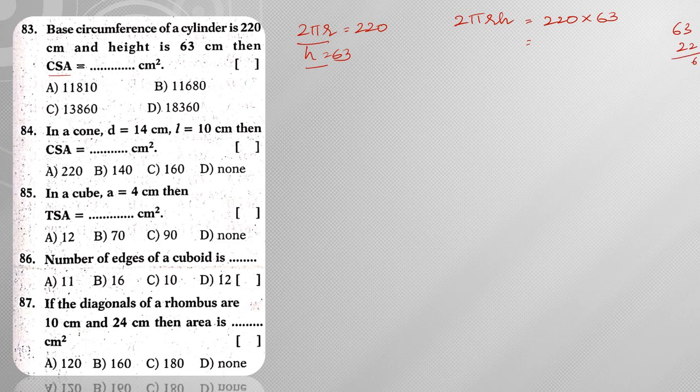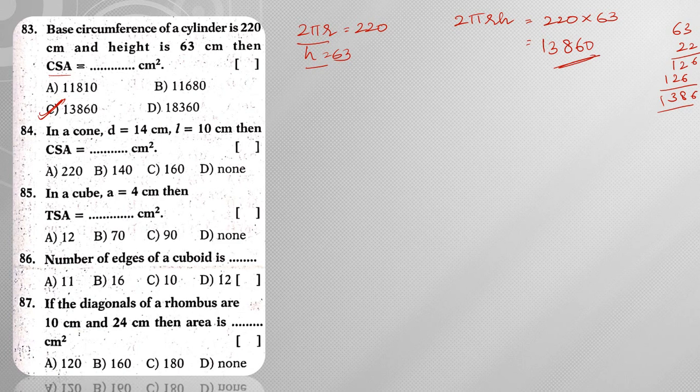So 3 2s are 6. 3 6s are 12. Sorry. 2 3s are 6. 2 6s are 12. The same way 126. So 6 8 3 1. So answer is 13860. Hence the answer is 13860.